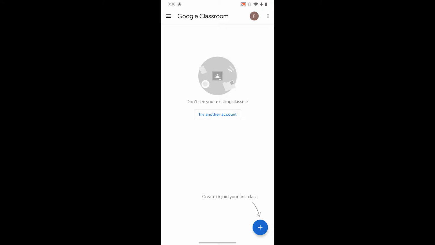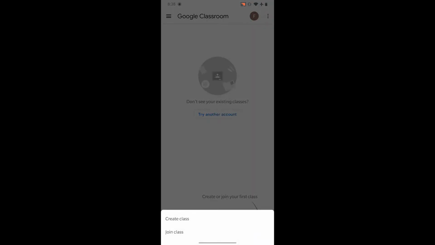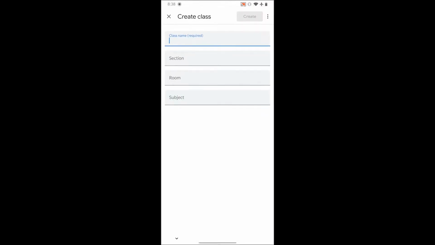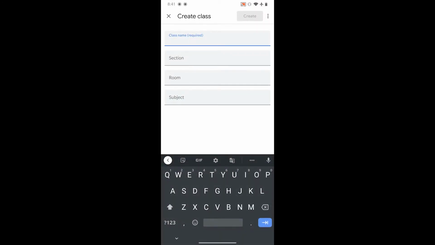You can see the plus button right over here. Just click on that and you can see two options. We'll be selecting create class. Here you can see four text boxes. The first one is required and other three are optional.